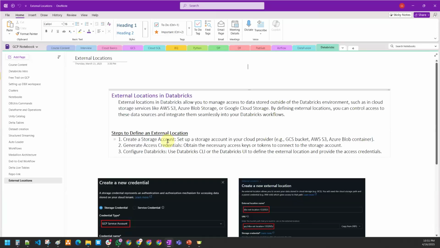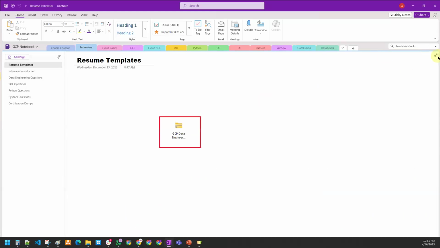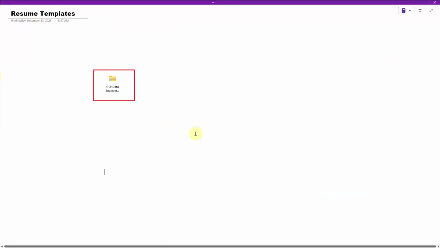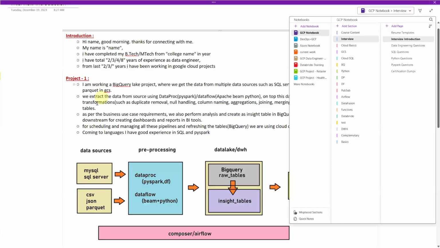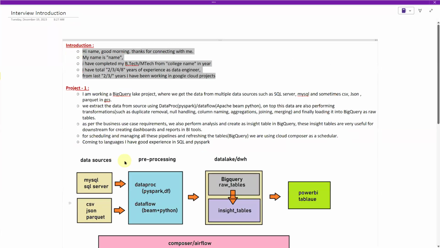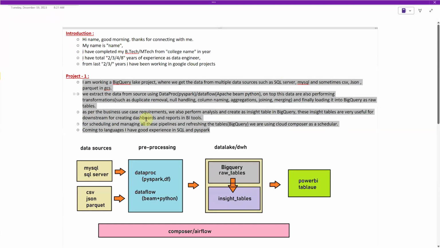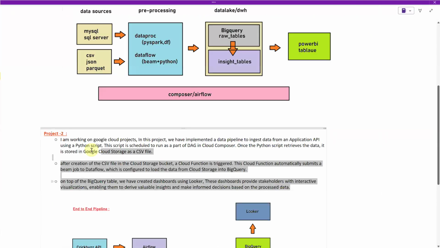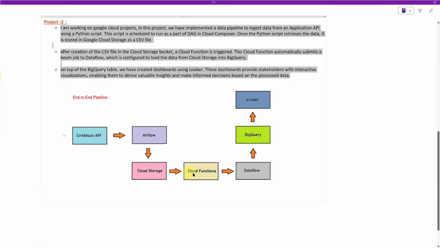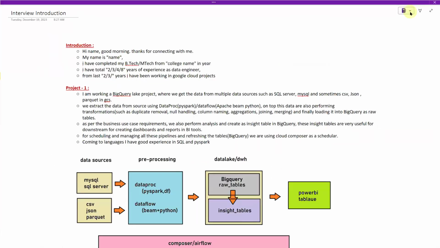In addition to that, for those who want to go for a job, the very important aspect is the interview, right? So I created a tab called interview, for those who specifically want to go for a job. There is a resume template for you to create your resume according to, and some sample resumes of people who got the job are also here. And one more thing, the interview introduction: whatever introduction you have to give, how to explain project one in your interview, the architecture for project one, and project two architecture is also there. However you have to explain projects 1 and 2 in the interview, everything is here.